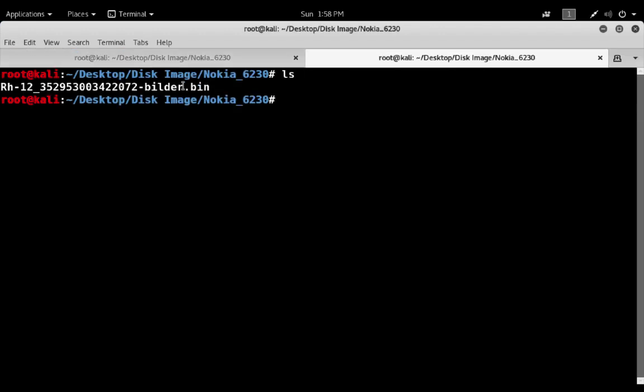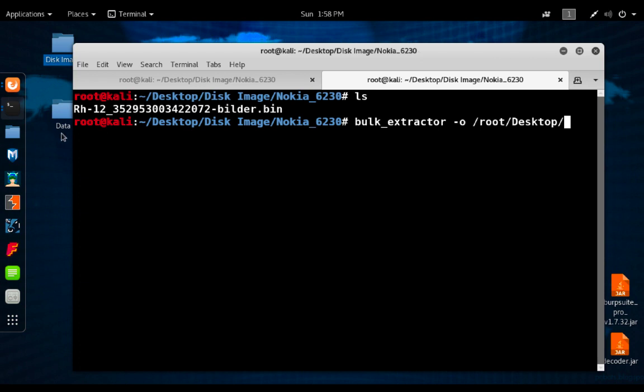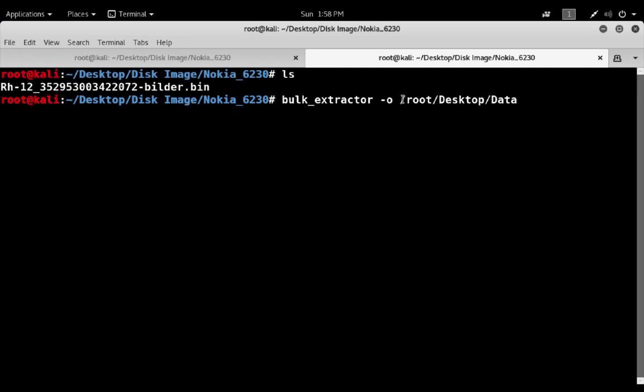This is the image we have. Type bulk extractor underscore and hyphen O, and after that give the path where you want to store your output. So do root, desktop, and as I already created a folder called data here, I'm going to store the extracted data in data. So we are giving root desktop data,